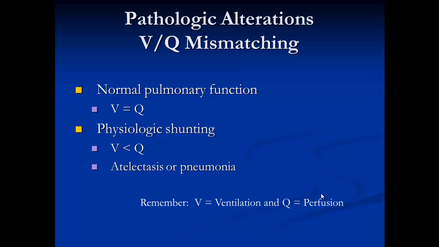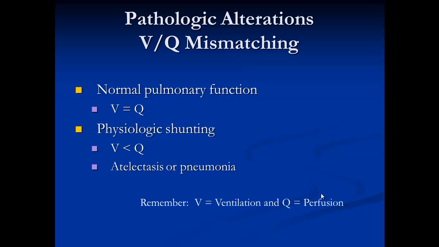We already discussed the ventilation perfusion mismatch in class, but remember that normal ventilation and perfusion is when ventilation equals perfusion. There's no level of disturbance in the pulmonary parenchyma or the capillary. When you have a shunt, remember you could have either low ventilation or zero ventilation, which is basically a silent